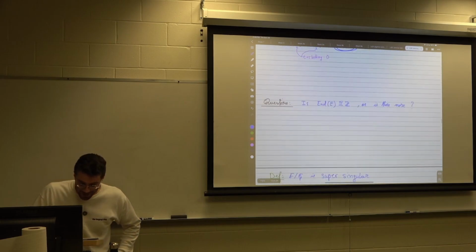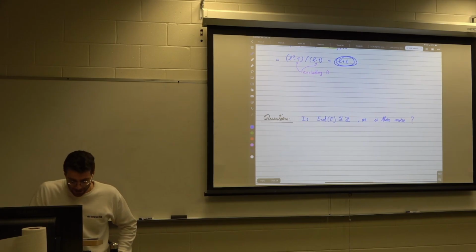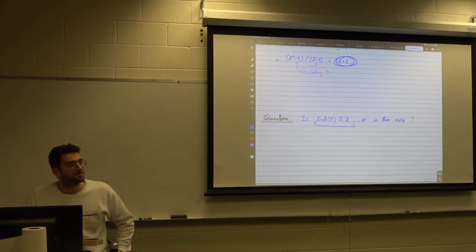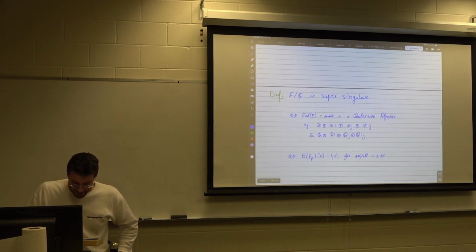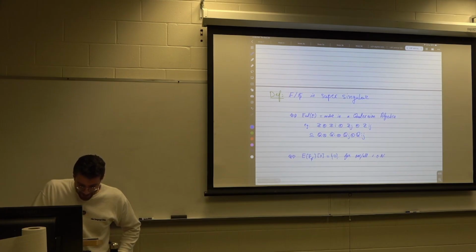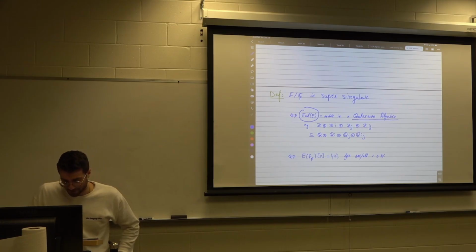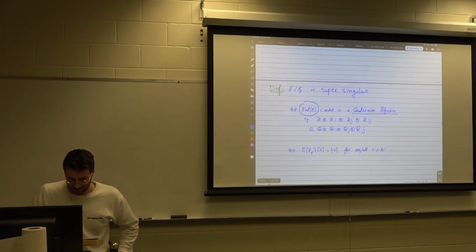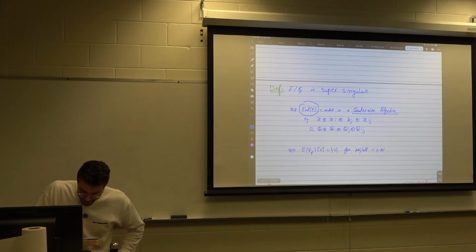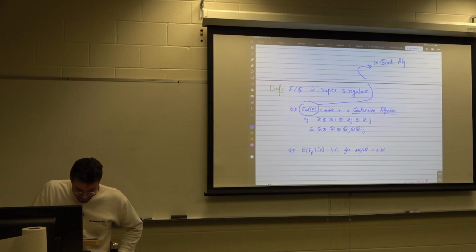Okay. So now let's get back to this question that I asked a few pages ago. This endomorphism ring is not equal to Z, but how much bigger is it? Here's something. If we look at the endomorphism ring, and it's inside a quaternion algebra, then we say that our curve is supersingular. This sounds a bit confusing, so let me explain something. The endomorphism ring of E can be one of two things. It can be a quaternion algebra, exactly this,